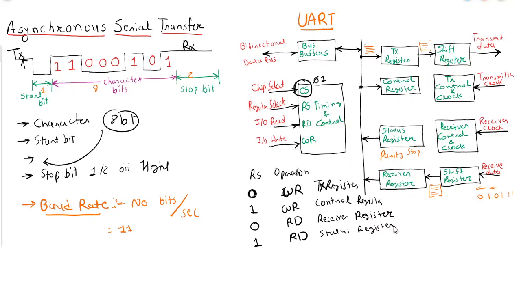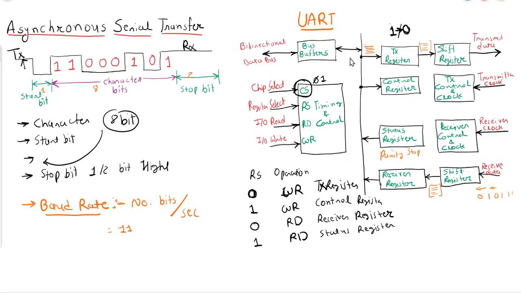Okay, so after discussing this, let us try to see how the CPU will perform the input and output operation. Whenever the CPU wants to send any data, it will set the status bit of TX. Let's say the CPU has placed the data and the current value of TX is 1. Then bit by bit, in parallel, that data will be stored into the shift register, and after shifting this data from the transmission register to the shift register, it will be set to 0 again.